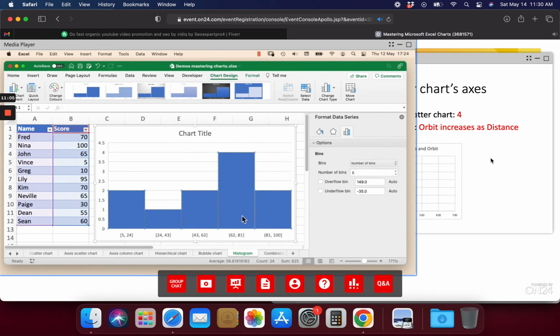And we've now got 5 bins. And if you will notice down at the bottom, we've got some quite peculiar ranges, haven't we? We've got 5 to 24, 24 to 43, and they're really not what we're after. You can control what labels appear for these and how the ranges are constructed using the overflow bin and underflow